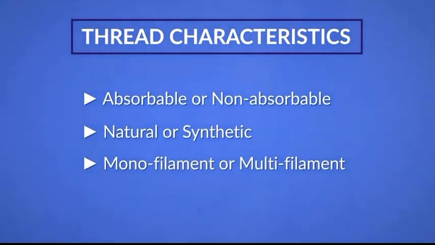Beginning with the first characteristic, absorbability. Non-absorbable material is the ideal choice when you need high tensile strength for a relatively longer period of time, or when you desire more control over when the suture ought to be removed. Non-absorbable materials can maintain their tensile strength for over 60 days. Common materials for non-absorbable threads are polypropylene, which has a moderate amount of memory and is a bit slippery during knotting. And there is also